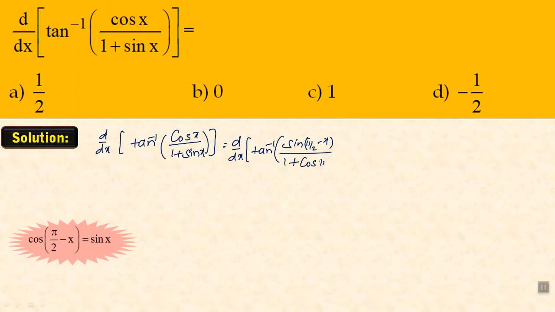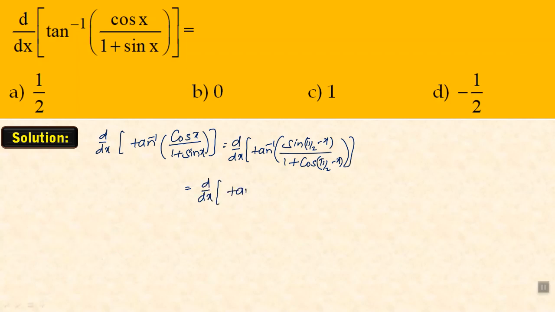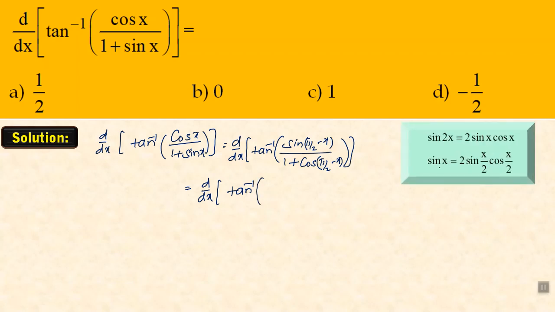So here cos pi by 2 minus x, this equals to d by dx of tan inverse of, we know that sin x is equals to 2 sin x by 2 into cos x by 2. So here consider pi by 2 minus x as x. So here 2 into sin x by 2, that is pi by 4 minus x by 2 into cos x by 2, that is pi by 4 minus x by 2